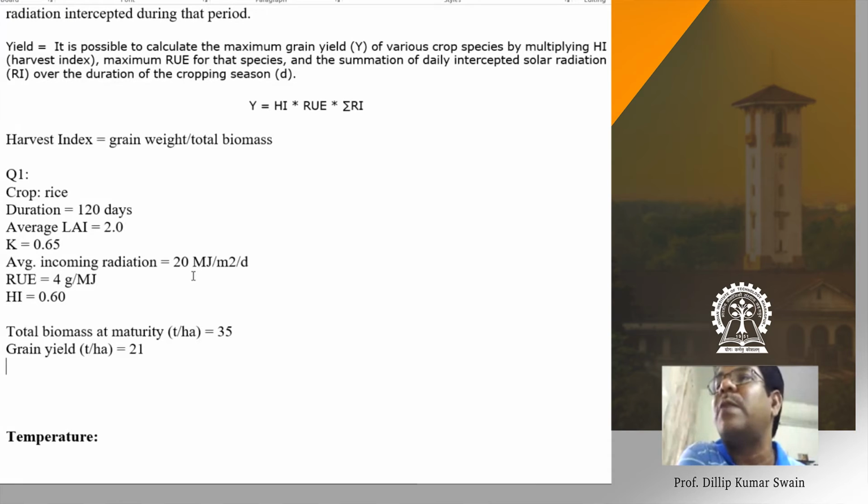as the approximation value. So when you calculate the plant interception, we calculate it based on the incoming photosynthetically active radiation. Of that, how much is intercepted by the crop? Because we have no concern about the total radiation. So that's why you are multiplying by 0.5 or dividing by 2, because we assume that almost 50% of the total incoming radiation is your photosynthetically active radiation, within the range 0.4 to 0.7 micrometer or 400 to 700 nanometer.